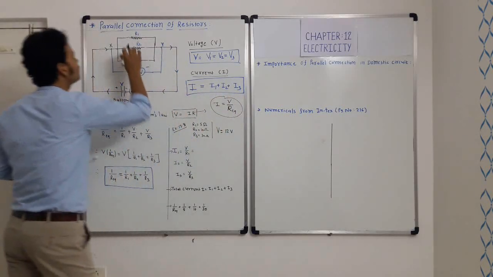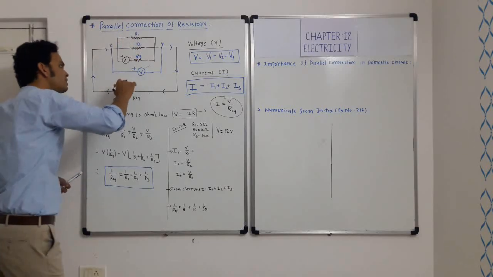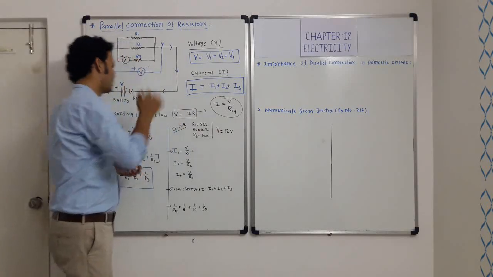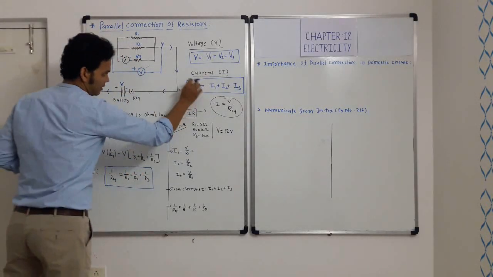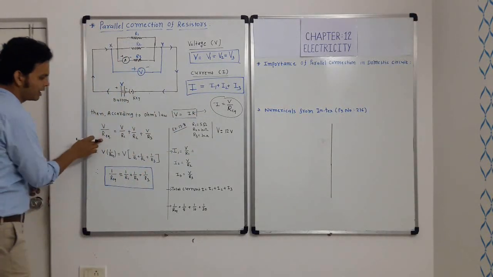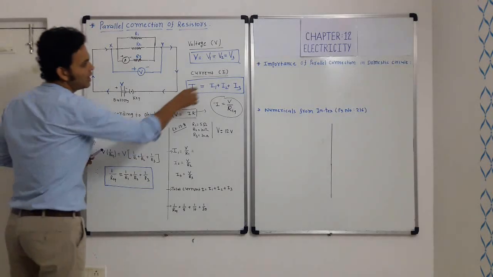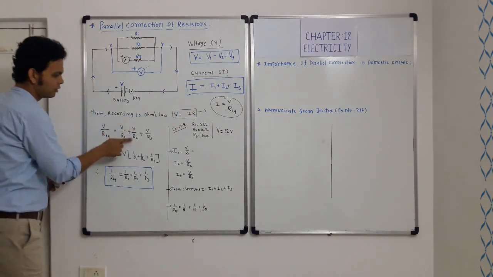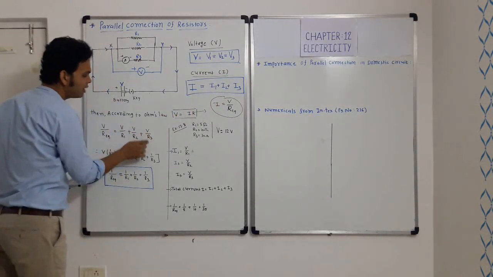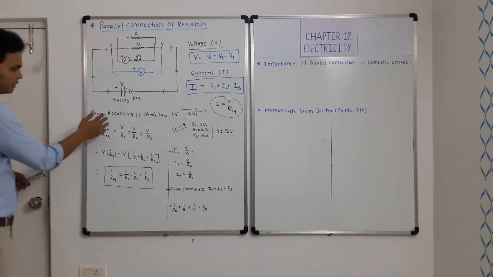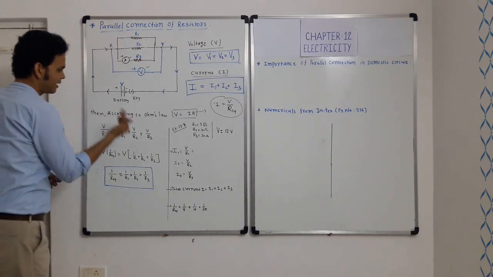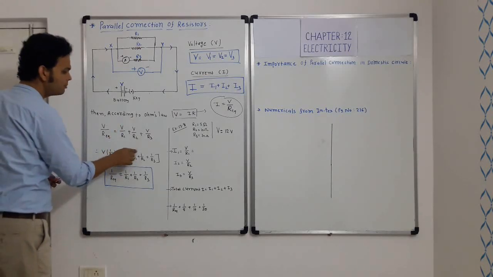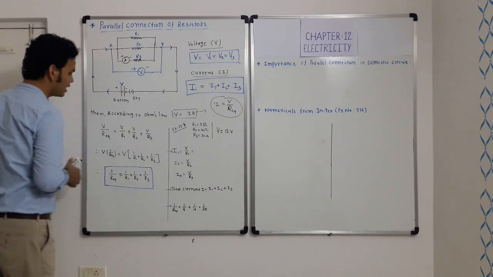That means if I do not want to connect all three resistors, I want to connect only one resistor, that is called the equivalent resistor. So I total is equal to V upon R equivalent. Then I1 is equal to V over R1, I2 is equal to V over R2, and I3 is equal to V over R3. Let us take V common outside: V times 1 upon R equivalent, V common 1 upon R1 plus 1 upon R2 plus 1 upon R3.